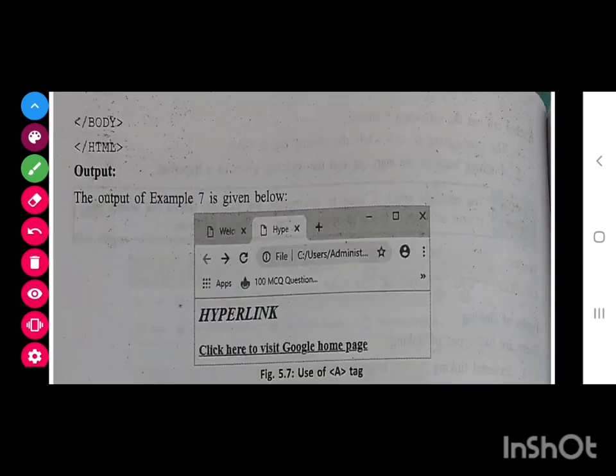Now see the output. In this output, hypertext is just a heading they have written, but you can see that it is coming underlined. As you all know, while using the net also, the links come with a blue line. So when you click on this, that will get opened.